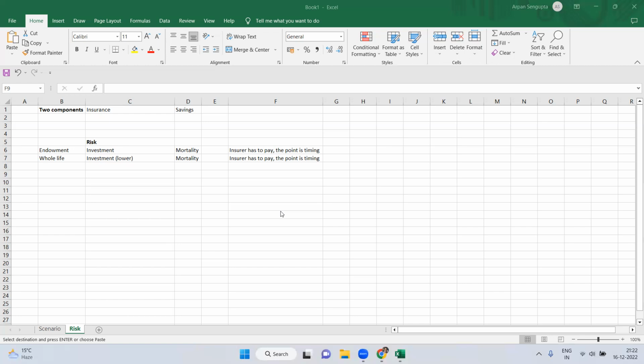But there is no clear way to distinguish between these two components. Like if you are paying 2000 rupees, you cannot say 1800 is for insurance and 200 is for investment. It's impossible to do that, because your sum assured cannot be split into an insurance and an investment component. That's why the premium cannot be split, and that's why IFRS 17 tries to make a decision between this. But obviously, it's not that easy, right?